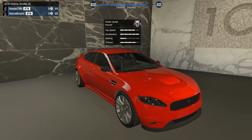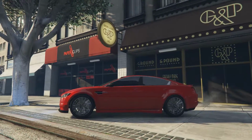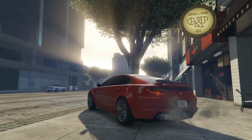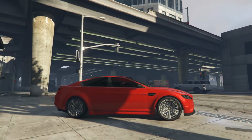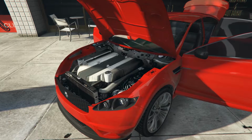Number 6 is the Ocelot Jackal. Rockstar once again went with styling cues from Jaguar and Maserati for this Ocelot, and I couldn't be happier about it. It's really difficult to make a 4-door sedan look like anything exciting, but Ocelot has managed to pull it off with the Jackal. And unlike the F620 that we just looked at, the Jackal actually does fairly well on